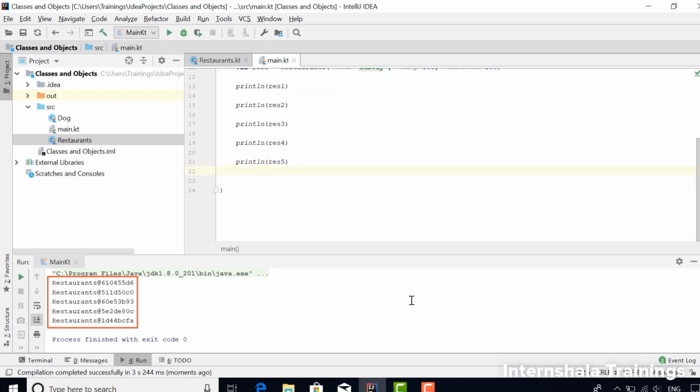Uh-oh, something went wrong. We did not get the values that we had passed in the objects, but some random string. What could have gone wrong? We created the class and objects correctly for sure, since we have done this before. Which means that there must be something wrong with these print statements, right?